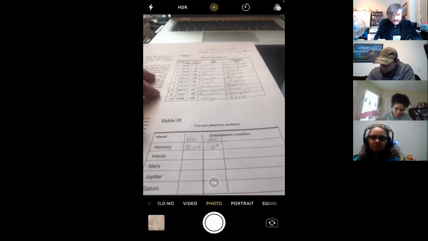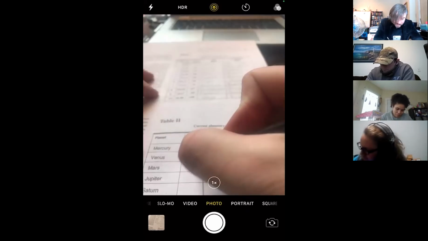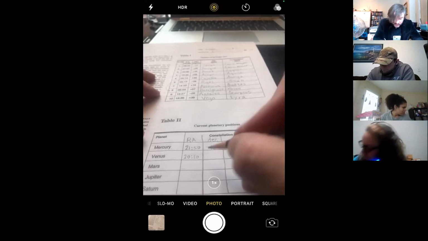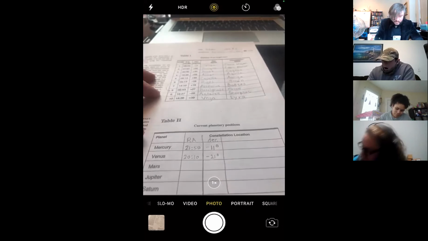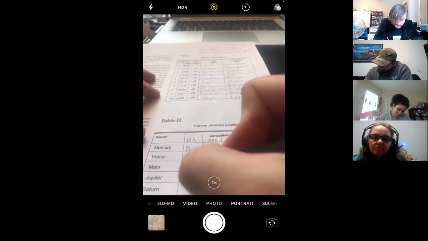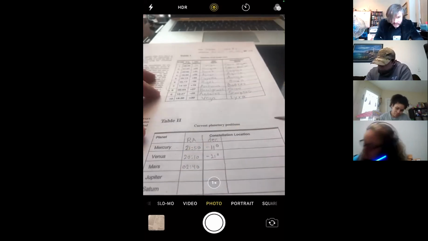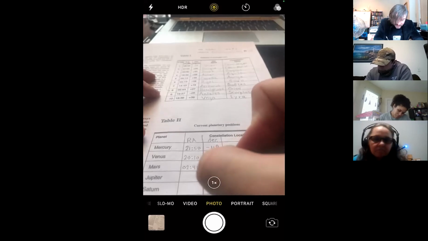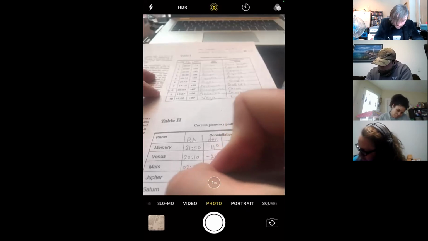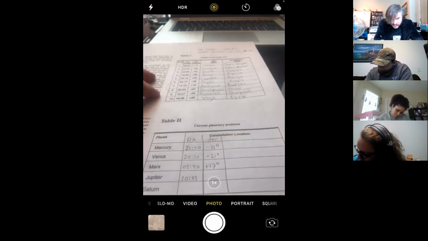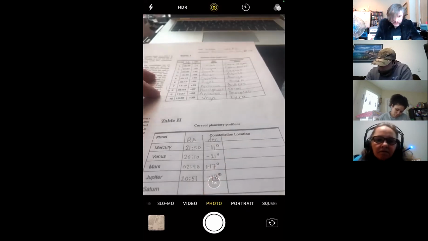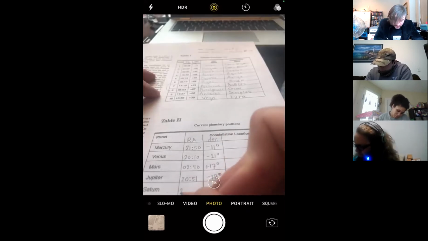Venus is 20 hours 10 minutes, and the declination is negative 21 degrees. Mars is 2 hours and 40 minutes and positive 17 degrees. Jupiter is 20 hours 51 minutes and negative 18 degrees. Saturn is 20 hours and 31 minutes